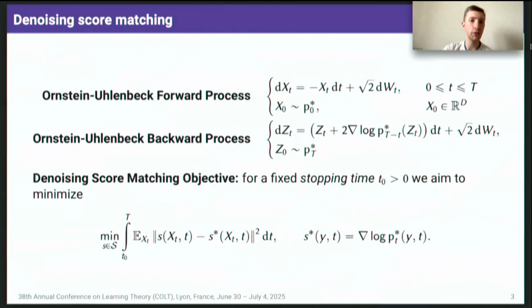Now let's turn to the formal description of diffusion models. Since the forward process converges to the standard Gaussian quite fast, one can sample